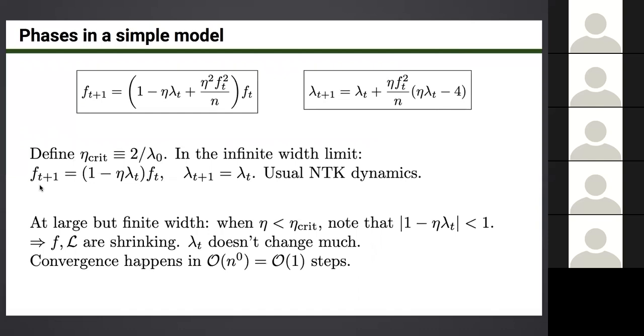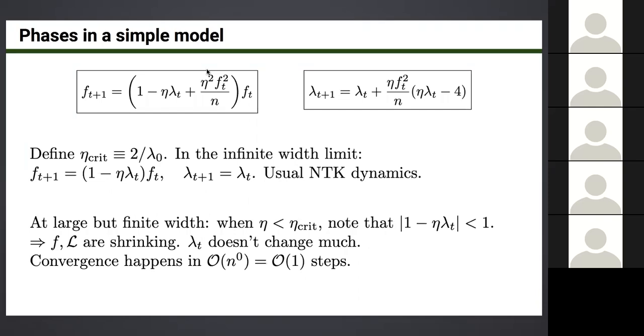And the function f decreases by the same multiplicative amount at each time step. As long as this in magnitude is smaller than 1, which is this condition eta less than 2 over lambda naught, then this will converge. And it'll converge in a time that's not width dependent. It's order one steps. And if you back off of the infinite width limit,